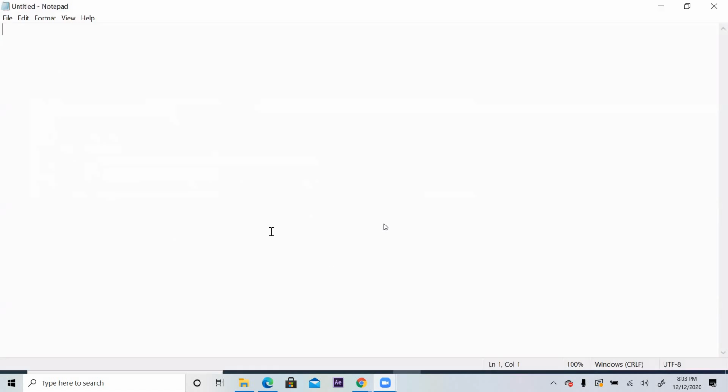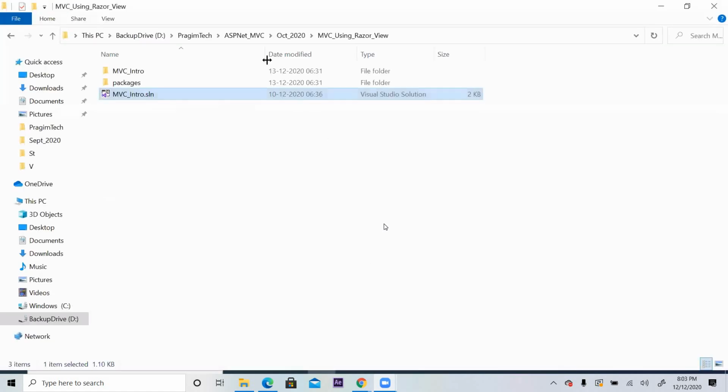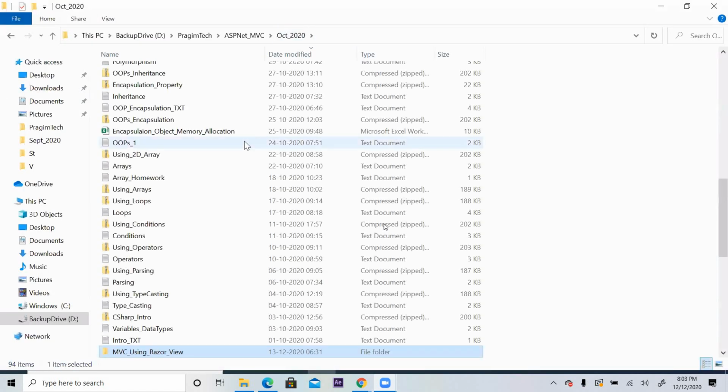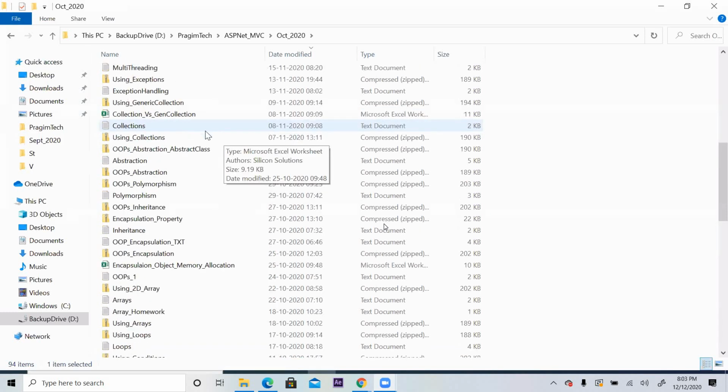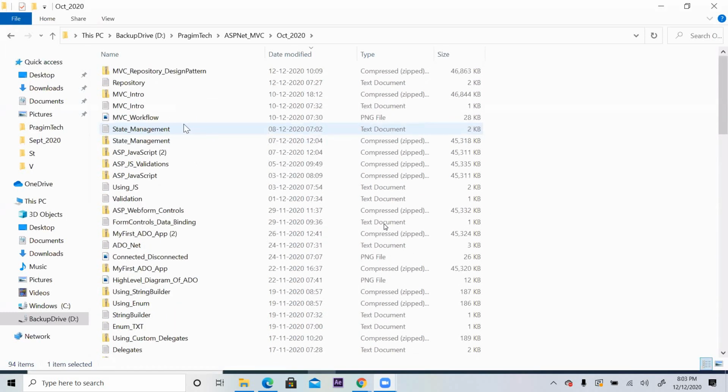Okay, so what I will do, first let me open one notepad. Along with HTML helper knowledge, you need to have parallelly some knowledge of Razor View syntax and then create the Razor View.